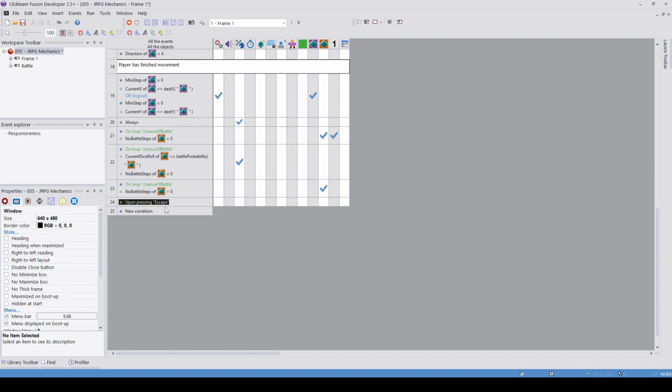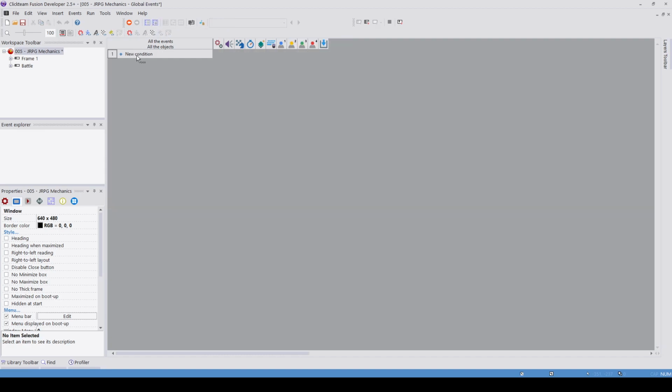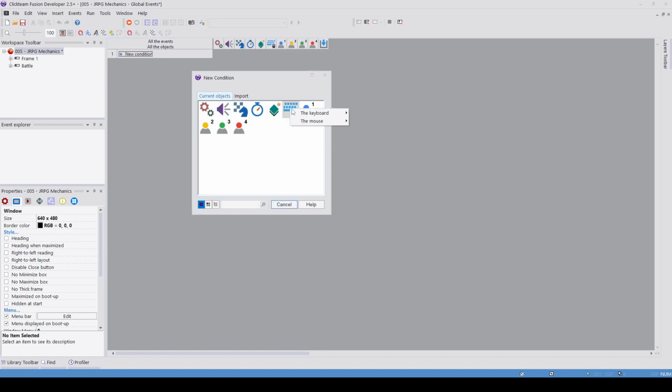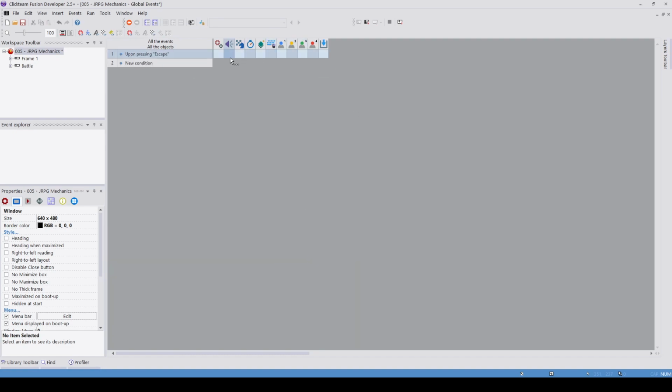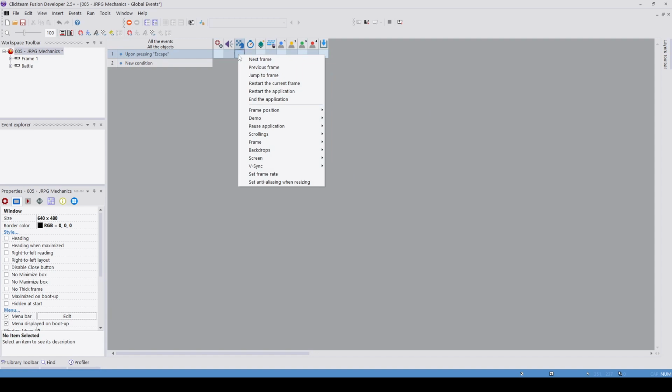So you want to say on escape key. Do we have this as a global event? We probably want this as a global event. So if you don't have global event editor, that's fine. You can do it on each of the frames, but you can add it on the global event editor. So escape, and we want to close the